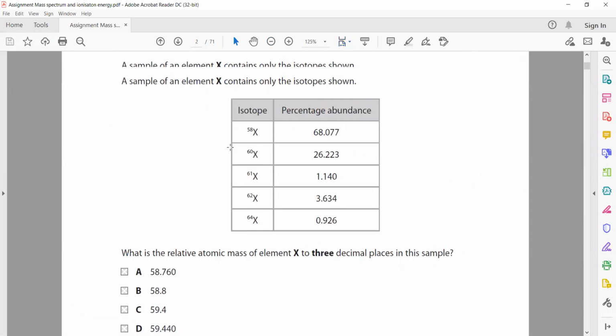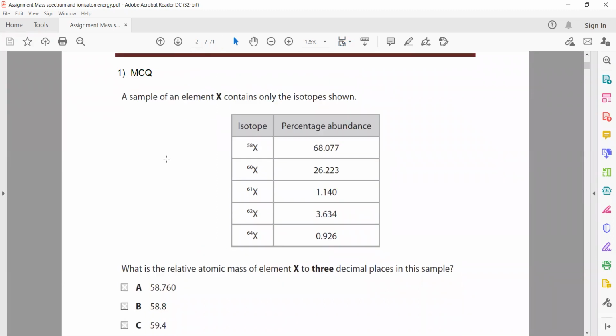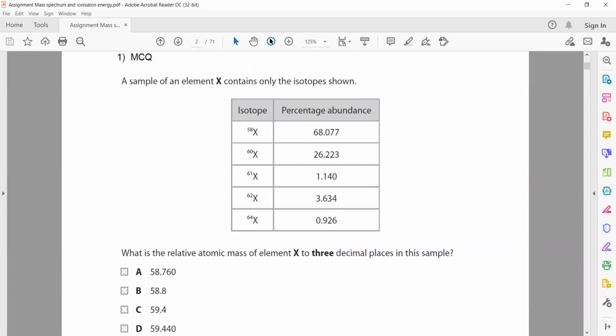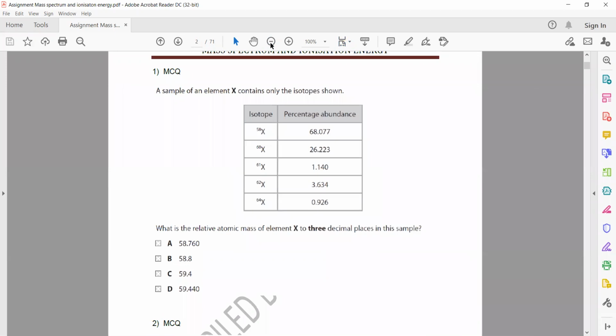In the first question, a sample of element X contains only the isotopes which are shown. What is the relative atomic mass of X? So how can we work out the relative atomic mass? We have the percentage abundance for each isotope. So percentage multiplied by mass, the percentage of the isotope. So this will be